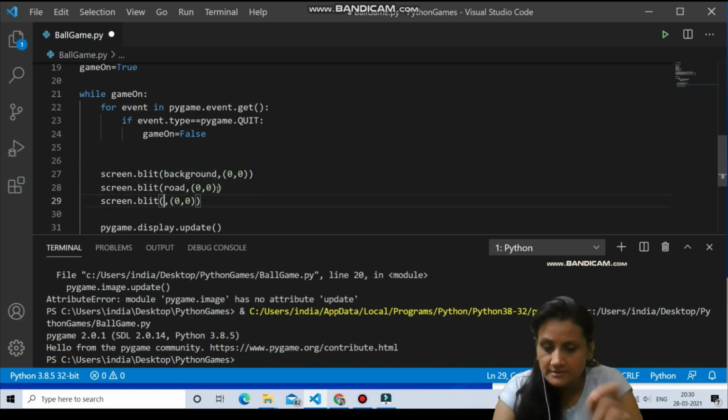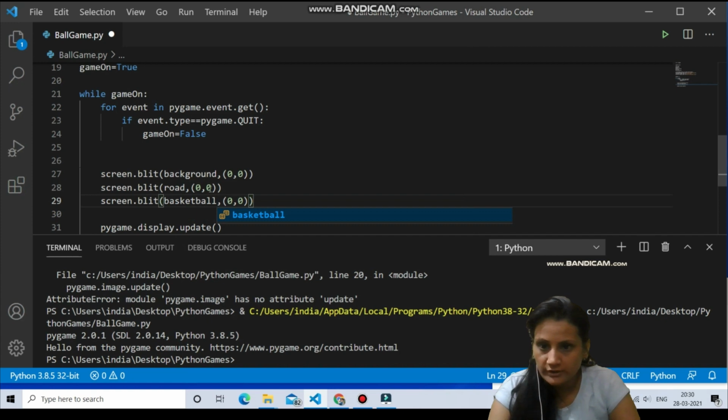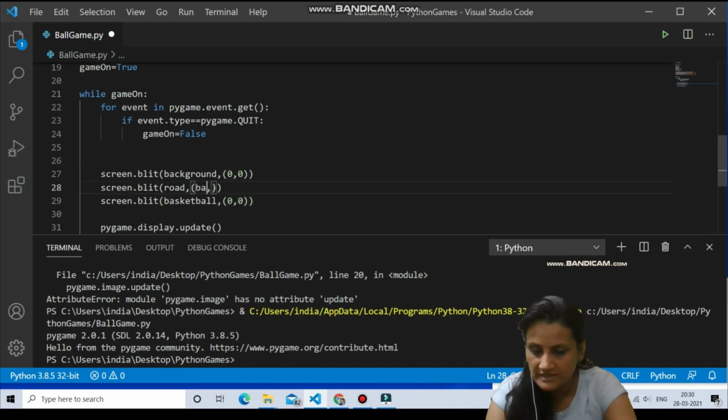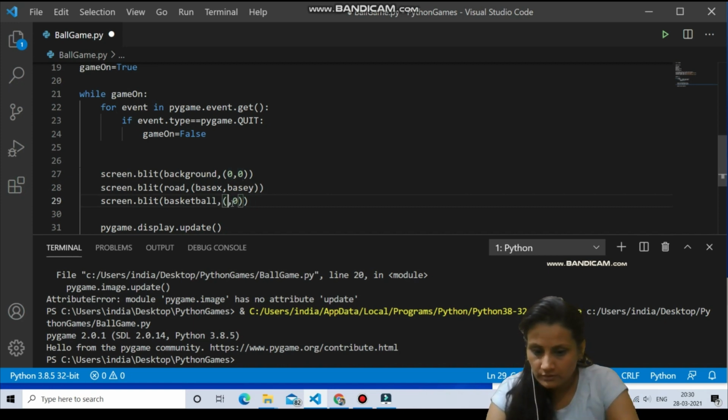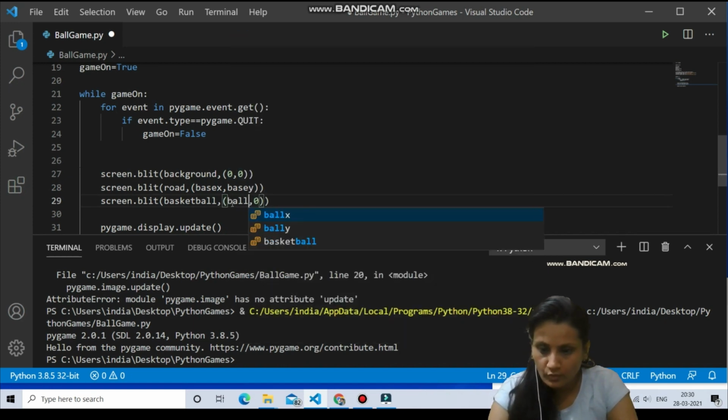What was the name? Basketball. The name was basketball, and we have decided the coordinates. So simple, use them here. Our road was base x and base y, so the coordinates are base x and base y, and your basketball is ball x and ball y.